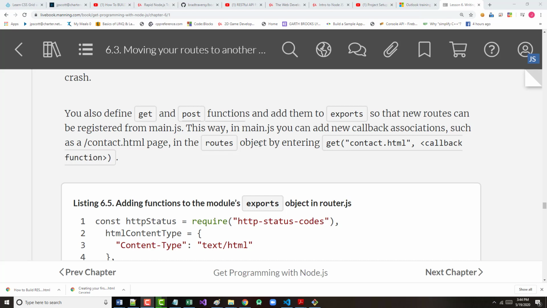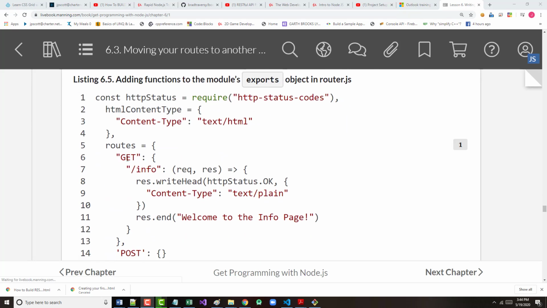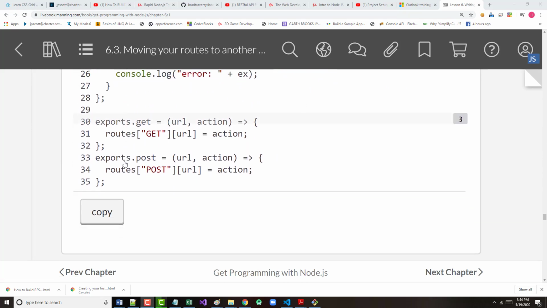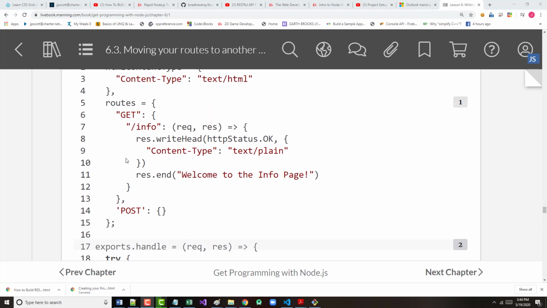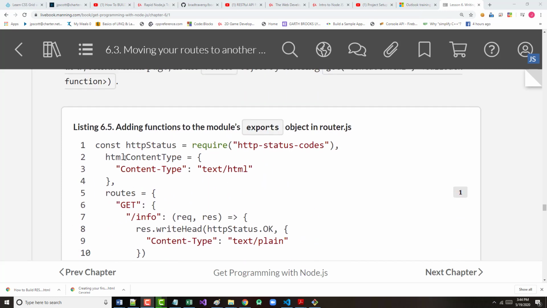This way in main.js you can add new callback associations such as /contact in the routes by entering get contact HTML callback function. So, as you can see, it looks at least like this is